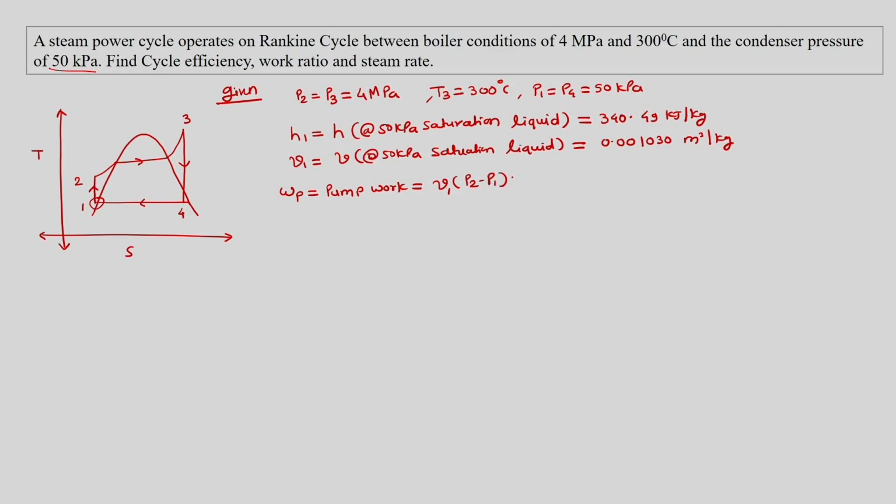So using this formula we can mention 0.001030 into meter cube into 4000 kilopascal, which is 4 megapascal minus 50 kilopascal. So this is into 10 to the power 3. So we can get pump work to be around